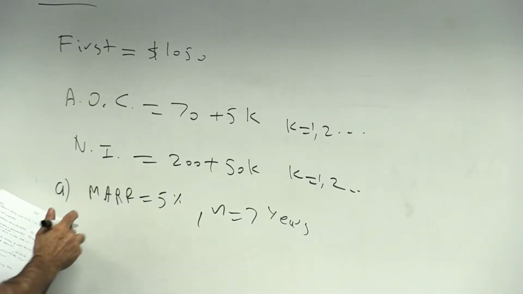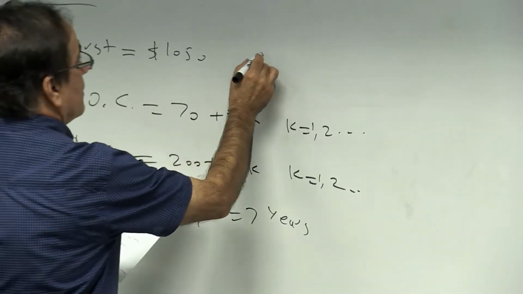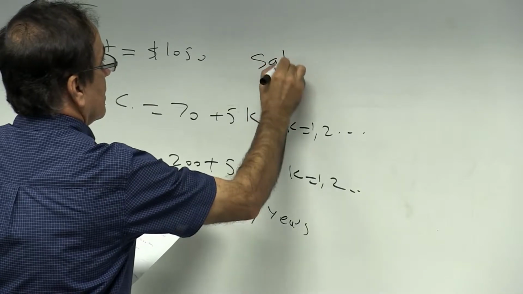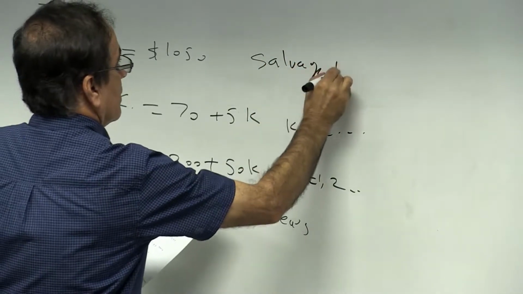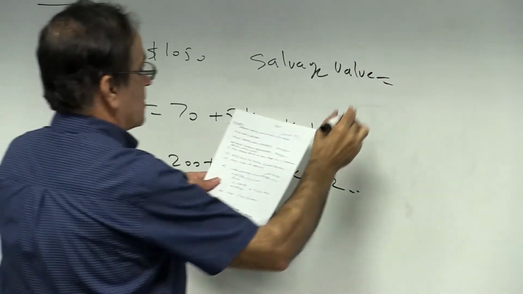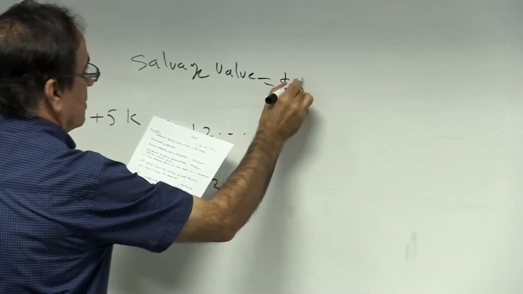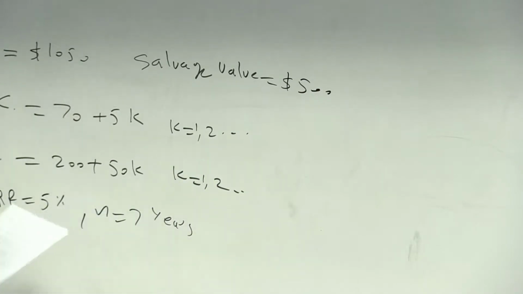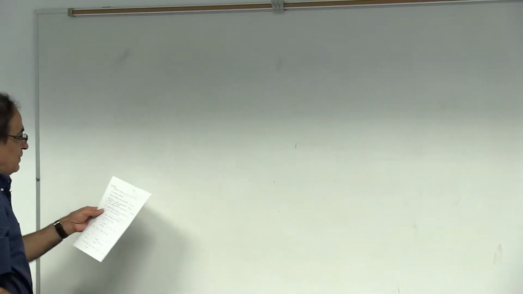They assume the salvage value is $500 anytime you sell this one. That's the assumption here. They want to know if this is a good investment for part A with the rate of return of 5%. We're going to continue with the example